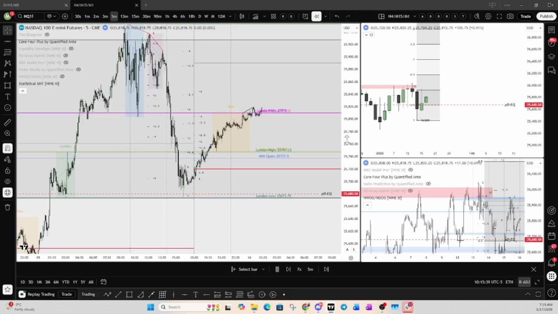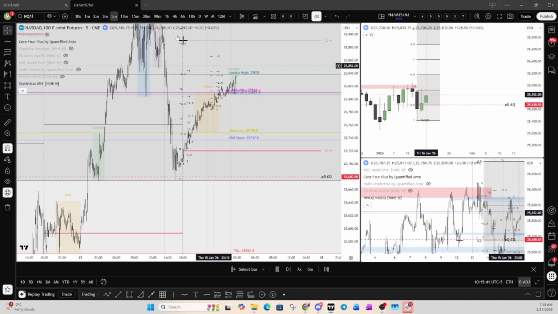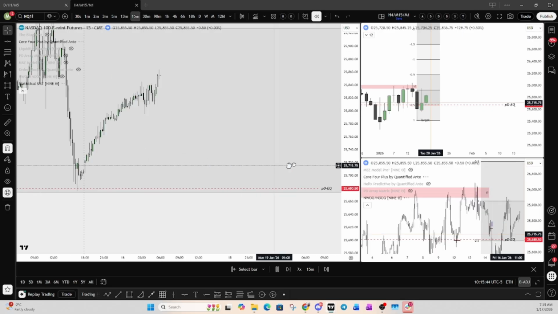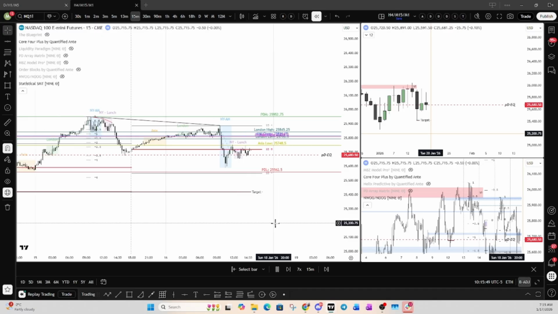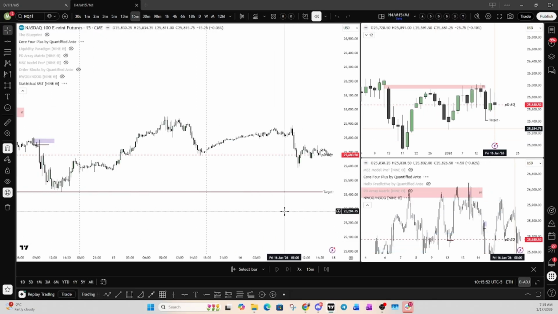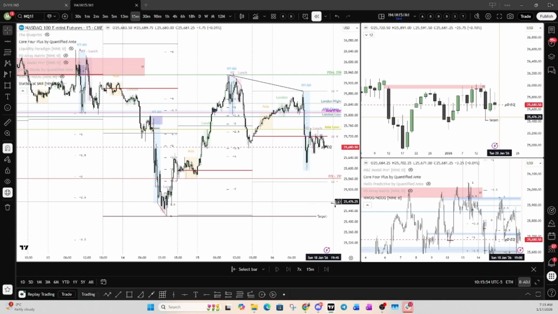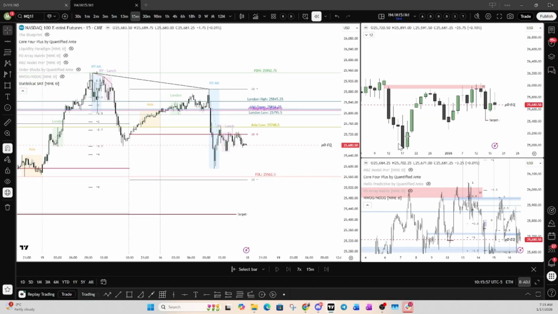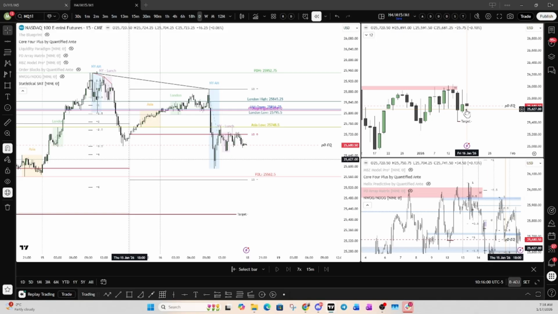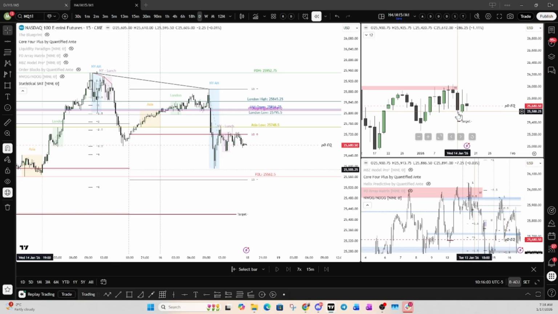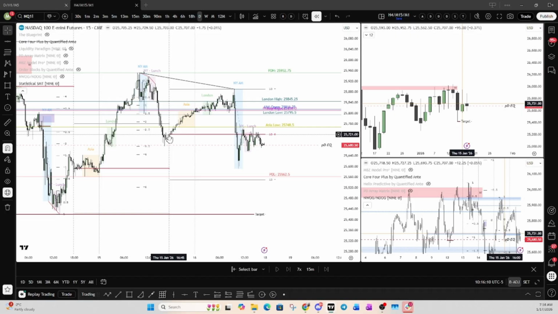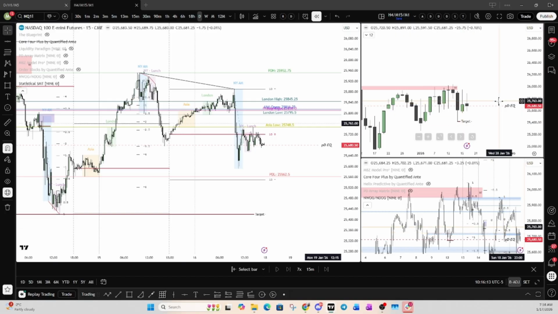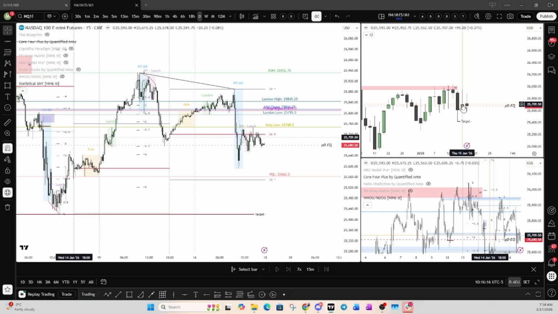Can't even remember what happened yesterday. There you go. Okay, so this daily candle here on Wednesday closed inside the range, swept the high, closed back inside. So when price opens up, I'm still targeting lower, but